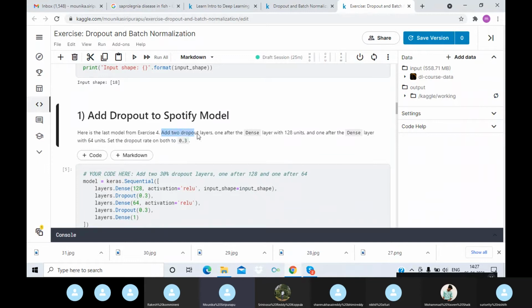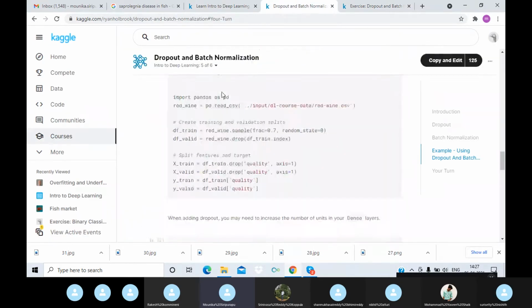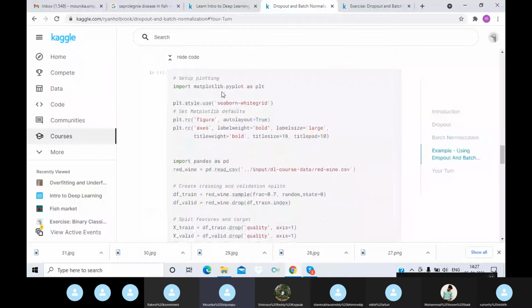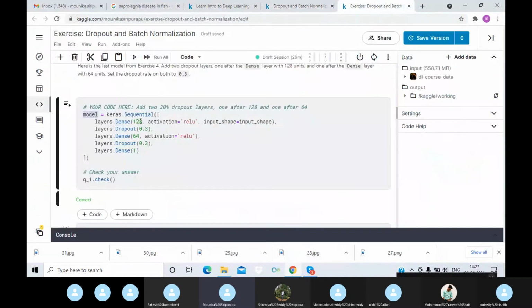Here they are mentioning two dropout layers, one after the dense layer with 128 units and one after the dense layer with 64 units, with a dropout rate of 0.3. Likewise, we have added model equal to keras sequential.